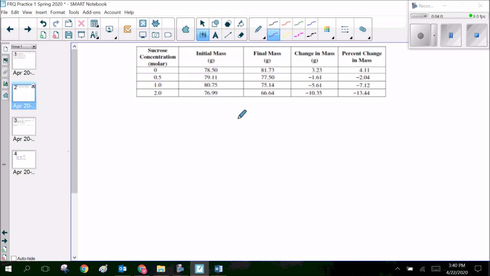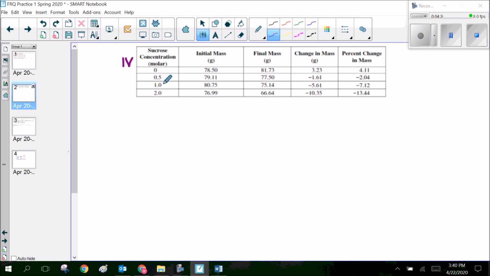What are the researchers changing that's causing a change in the egg? Okay, so the researchers are changing the molar concentration of sucrose. So that is going to be my IV. Typically, I'll see it over here on the left-hand side, but it's not always. And I'll try to see if I can figure it out based off of the experiment and my understanding of